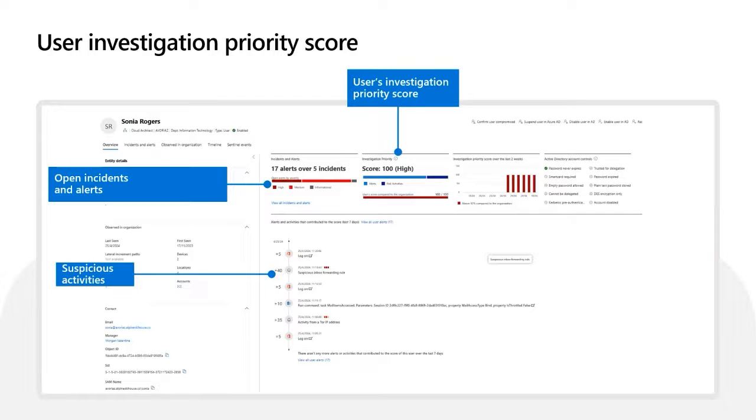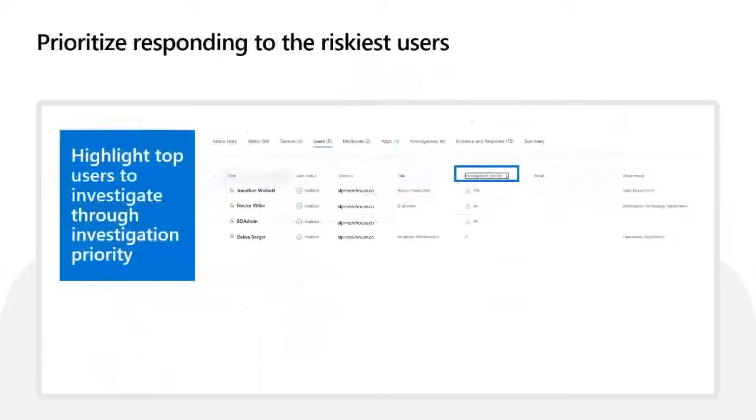Now, when we investigate an incident and we go into an incident, and again, I'll show you a little bit of this during the demo. Part of the incident we spoke about was to correlate alerts into the incident, but another big part of an incident is we want to understand what the scope of an incident is as well. So with the scope of an incident, what we are looking at doing is identifying the users, the devices, the mailboxes and such that might be part of this particular incident,